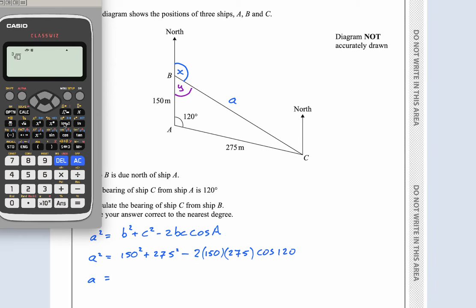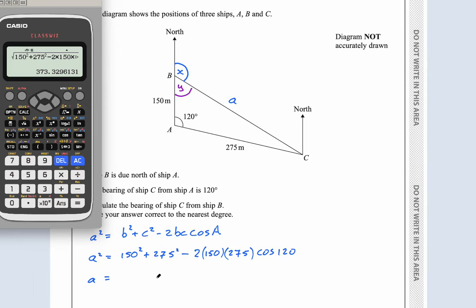So I can go square root of 150 squared plus 275 squared minus 2 times 150 times 275 times cos of 120. Now this will give me A, which is 25 root 223, or